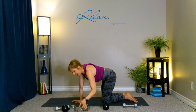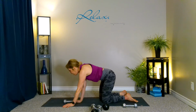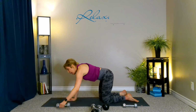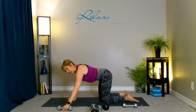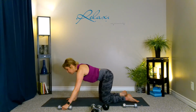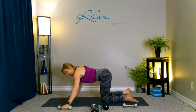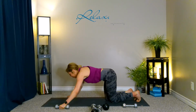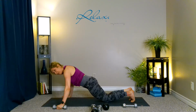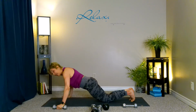From here, I am going to use one of my weights, and I'm going to place it over on my left outer edge of the mat. So placing my hand on that weight, so I don't want it so narrow that it's still on my mat, and I'm going to place the other hand in line. Now backing up the knees, I'm going to make sure my feet stay on the mat here, so I may opt for a half push-up position as we work into kind of a lopsided push-up,